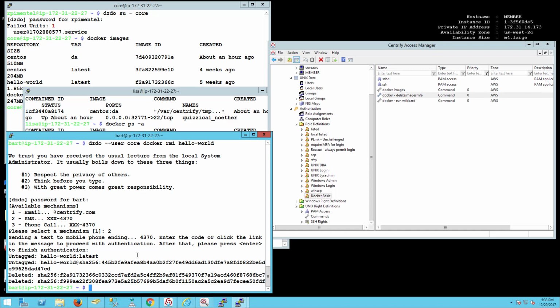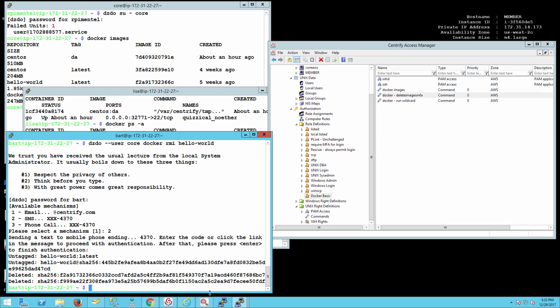Unlike the first approach, in which we have a privileged user that can elevate to the core or root account to do things, that's too permissive. The second one also, if we're controlling the membership of the Docker group, that's a little bit too permissive as well. But now what we have is granularity. We can enforce different types of roles. Maybe you have a senior person that is able to do all the things, but maybe you have a junior person, or maybe you're enforcing separation of duties, right? So the people who actually launch your core, your Docker images, and watch for the lifecycle are different than the ones that do the cleanup.